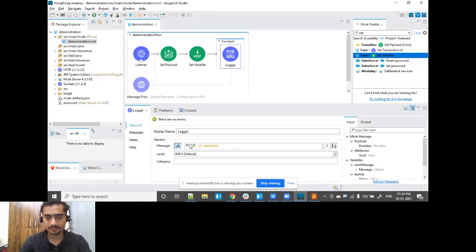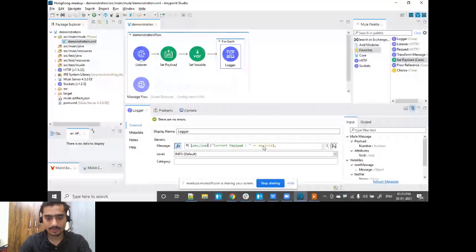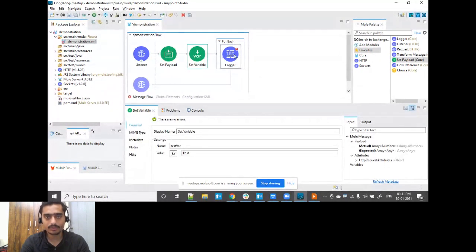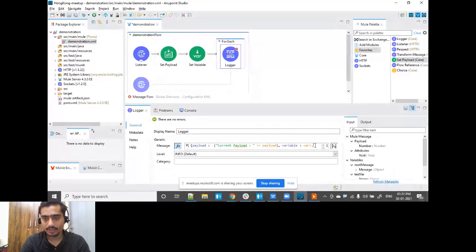Payload, and after payload, I'll also talk about variable. So I'll just log the vars dot. If I'm not wrong, I have created it by the name test var. Yeah, perfect. I'll say vars.testVar. That's it.